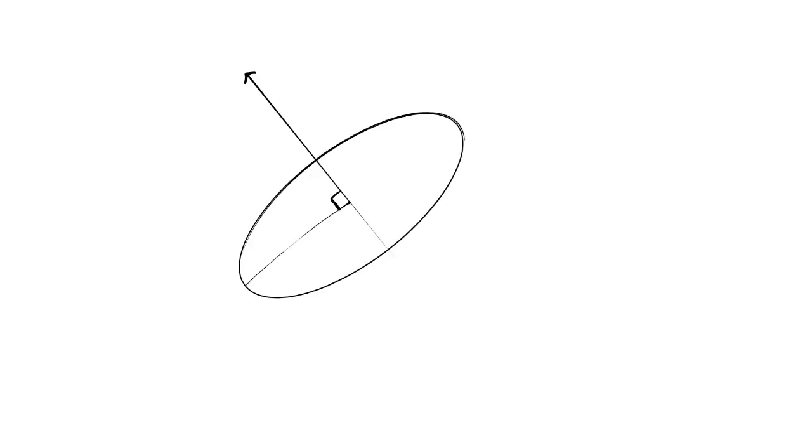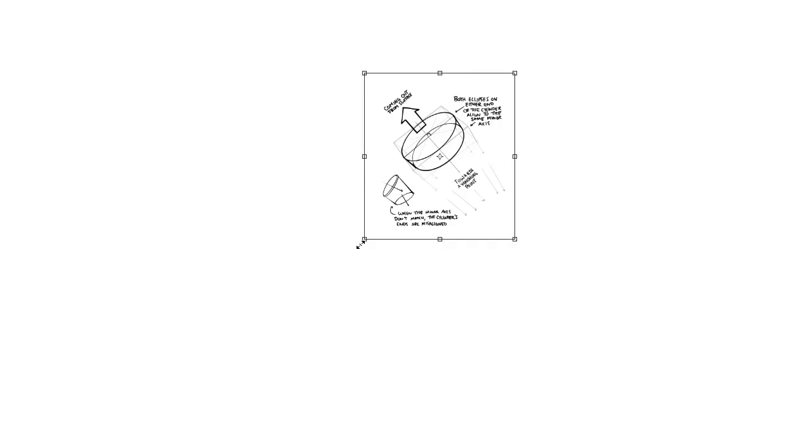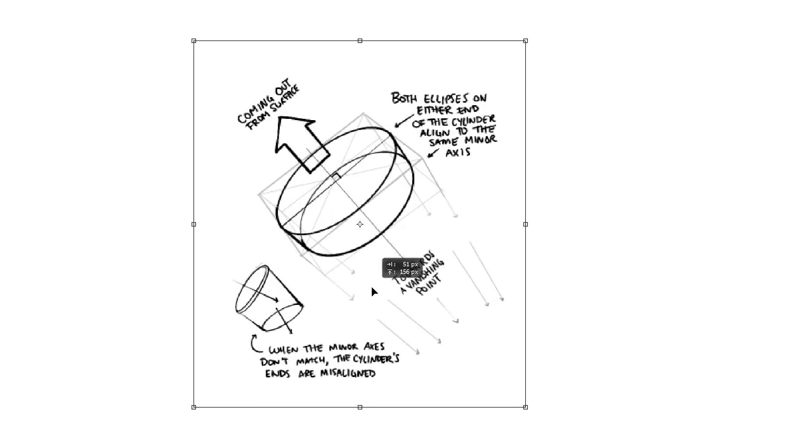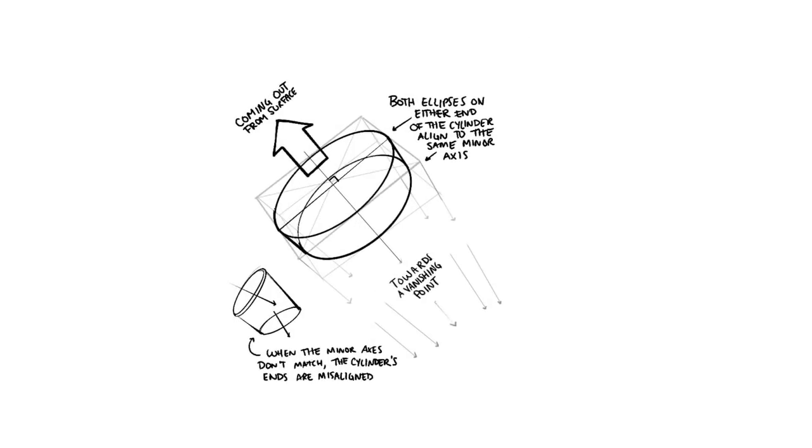And I've actually got a pretty decent example of this in the written content for this lesson. So I'll bring it up instead of trying to redraw it. So as you can see here, the minor axis comes out this way. It comes off the surface and into space. And while we're not really going to be worrying about that too much just yet, it's important to keep in mind,